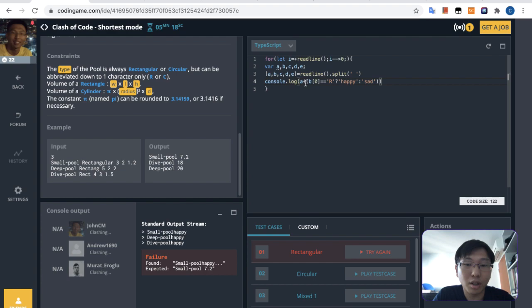So console.log a plus, okay, this one. So I'll have the calculation over here. If it's a rectangular pool, it will just be width times height. It will just be b times c, c times d times e. Okay, so in order to do that,